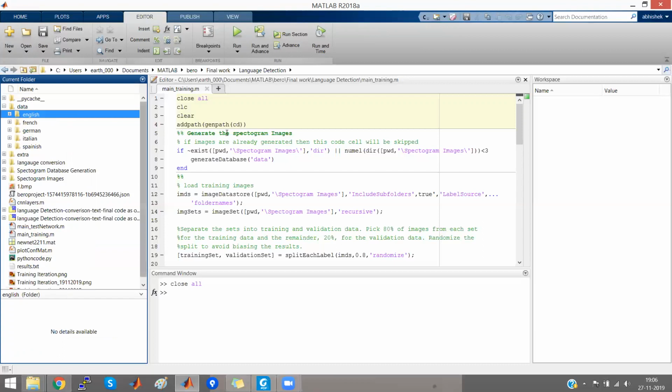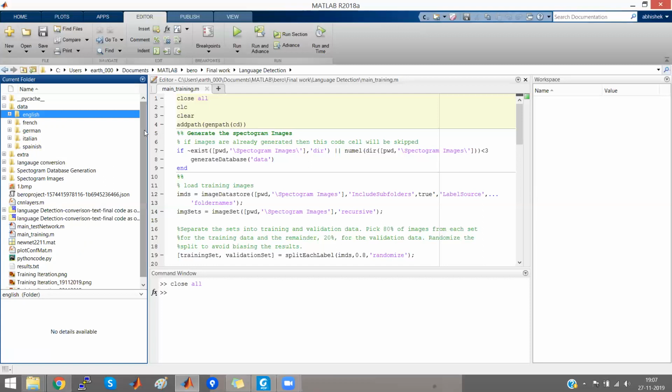We need to first convert this audio signal into a spectrogram image, so that it can be used for the training further. CNN is primarily developed for image object detection, and MATLAB still doesn't have the feature to use the audio signal directly in the CNN or any deep learning toolbox in MATLAB. But in other tools like TensorFlow and Keras in Python, we can use the audio signal directly in the deep learning functions.